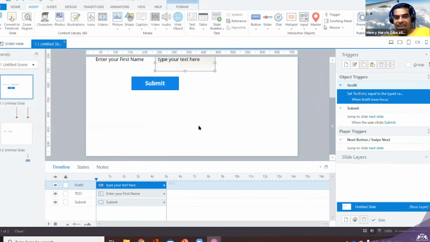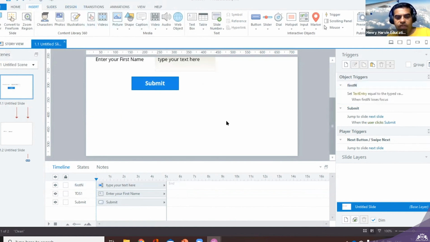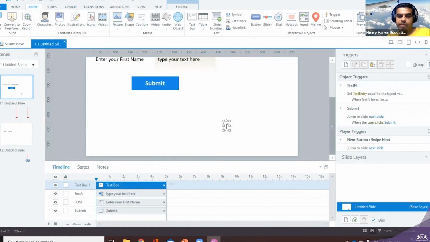So what is a quick access toolbar? If you want any tool to be used again and again, you can add it to the quick access toolbar, like inserting a text box. That is also required again and again, but I haven't added it to the toolbar because if I press Control T, it comes easily. But there is no shortcut for audio, so that's why I added it here.